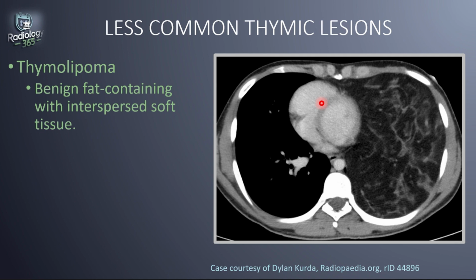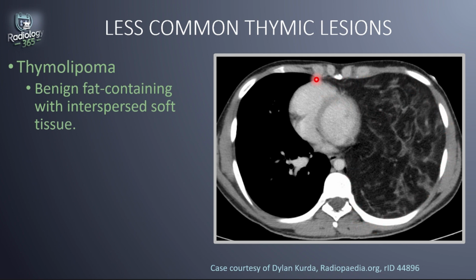It may become quite large and will end up draping over the mediastinum. In this image, we see this axial contrast enhanced CT scan of the chest, and we see this huge heterogeneous anterior superior mediastinal mass, mainly of fat attenuation. We can also see thick soft tissue strands within without calcification or fat fluid level. This is actually a thymolipoma that has grown so large that it's draping over the mediastinum and even taking over